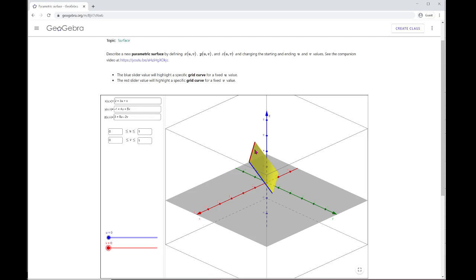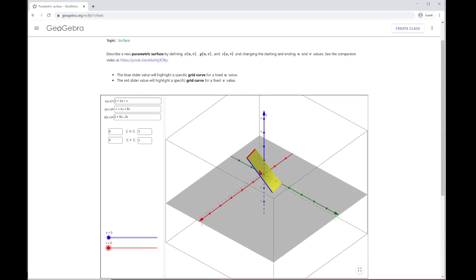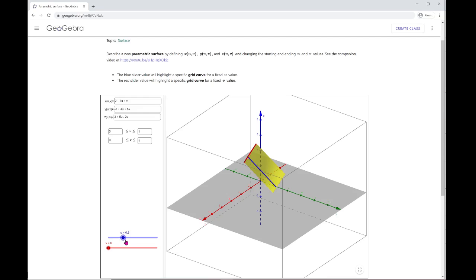Now instead, if we look at the grid curve where u is equal to 0, then there's a parameterization for the line segment that starts here and ends there. The point is that we're allowing both u and v to vary. So if u is 0.45, we're talking about all the points that are here. If v is, say, 0.75 right there,